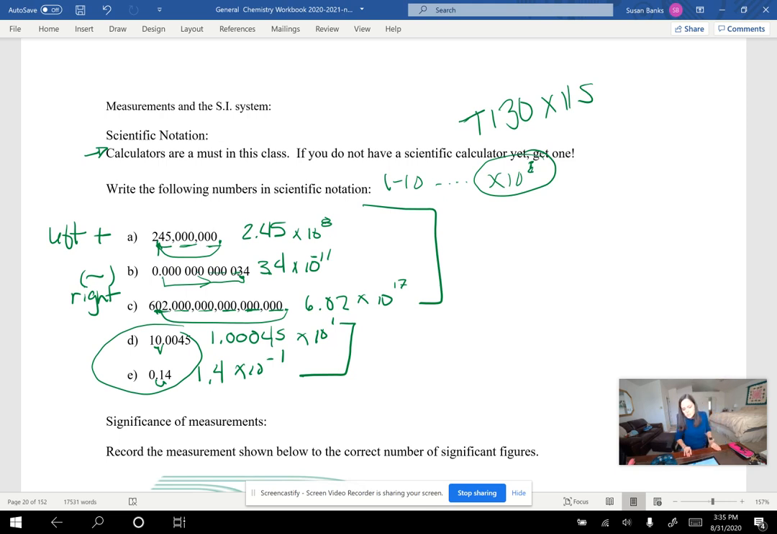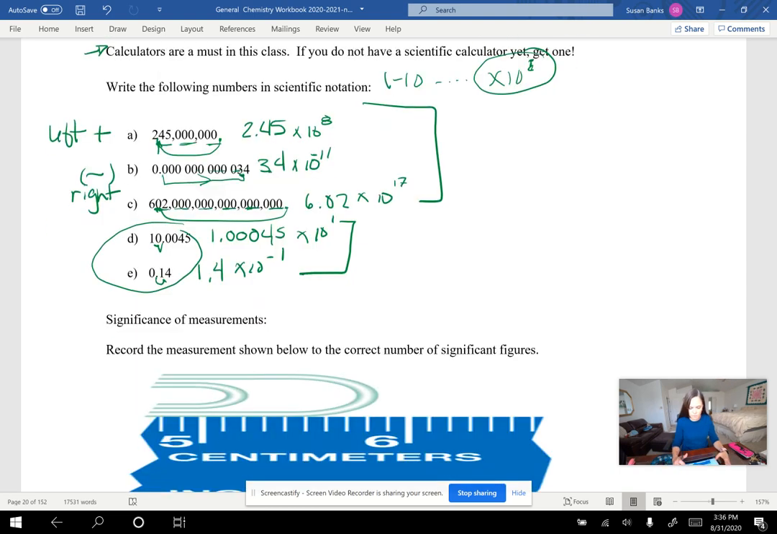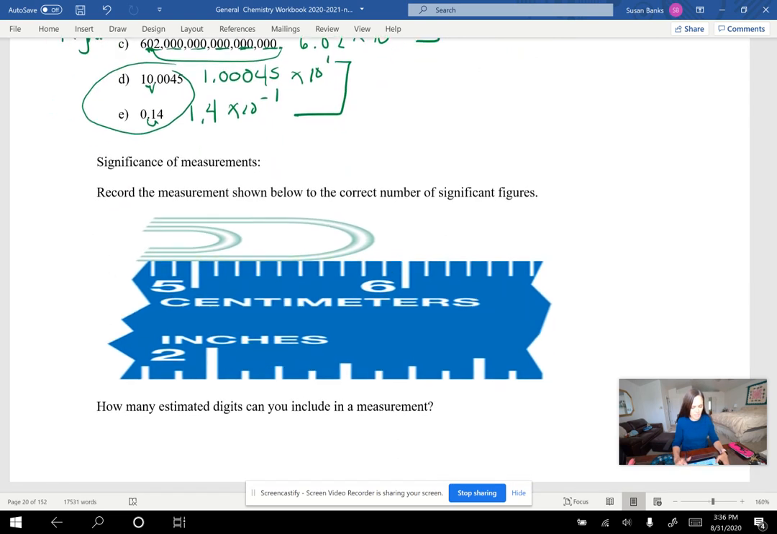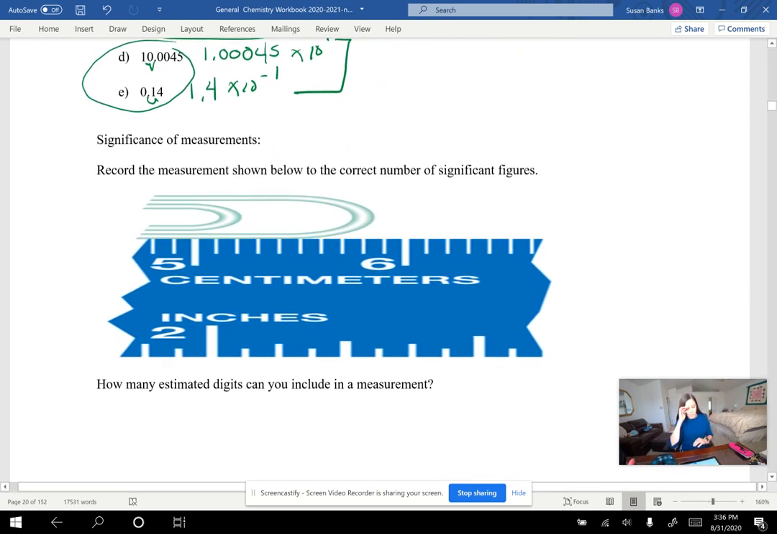Okay? So let's get into significance of measurements. Before, you probably just measured and you never really understood why you were reporting the numbers that you were recording. But today we're going to look at why you're recording the numbers that you're recording and what that actually means. So here, I want to record the measurement shown below to the correct number of significant figures. So when we talk about significant figures, it means that the last digit